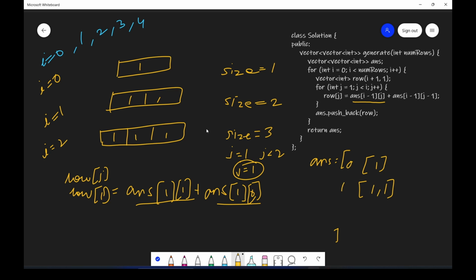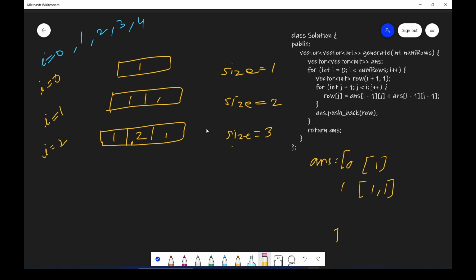This is 1 and this is 1, so this will make 2. So here in row of 1, you will have 2. Okay, so this is how you will calculate.